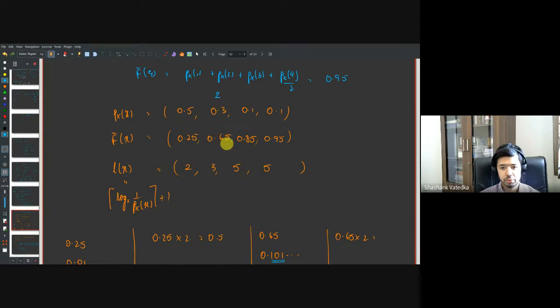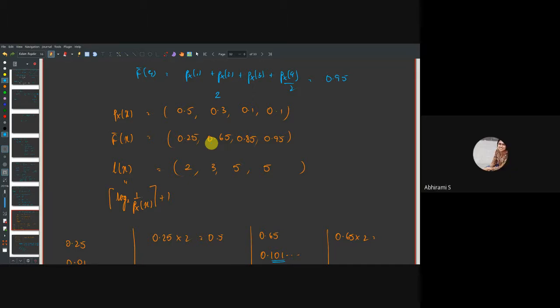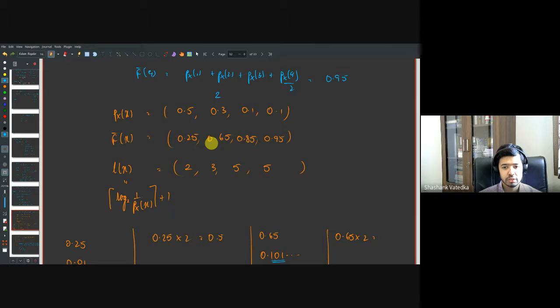I just need to compute the binary representation of 0.65 up to the first 3 bits, and then transmit those 3 bits. That's going to be my encoding procedure. Do you agree? So in this entire encoding procedure,